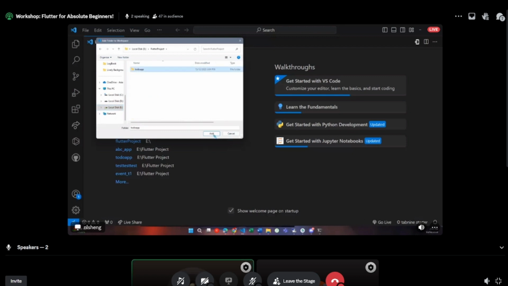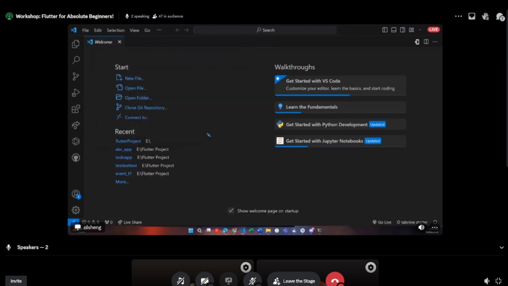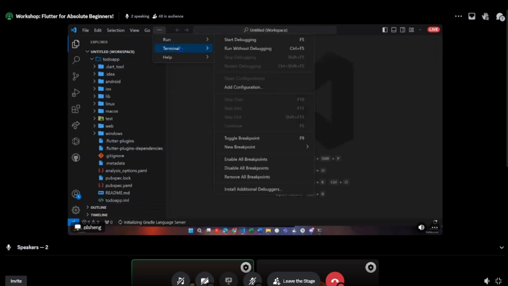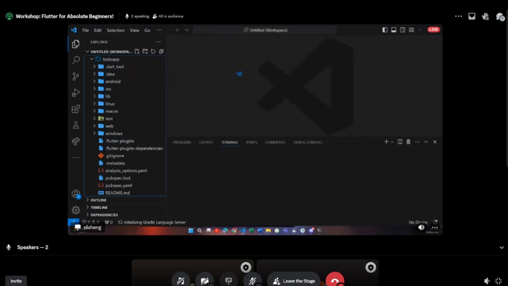Yeah, add this to do it. So when you open a new terminal,